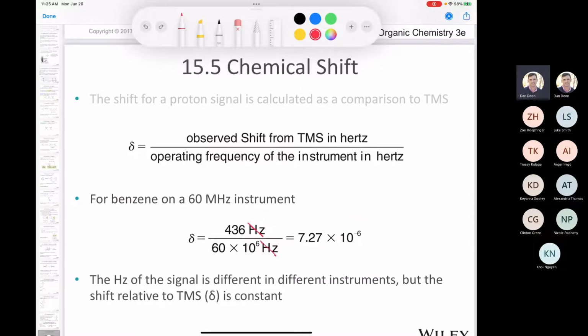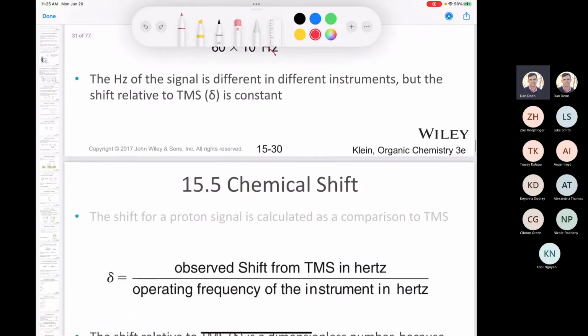So the whole TMS thing and the whole dividing by the operating frequency of the spectrometer is a beautiful thing, because scientists anywhere in the world, when they run a proton NMR, can always communicate with each other. They can say, I ran the proton NMR on this compound, and the chemical shift that I saw for this proton was 7.27 times 10 to the negative 6. We're going to talk about this more in a second. But anybody else on the planet Earth would end up with the same answer, regardless of the spectrometer